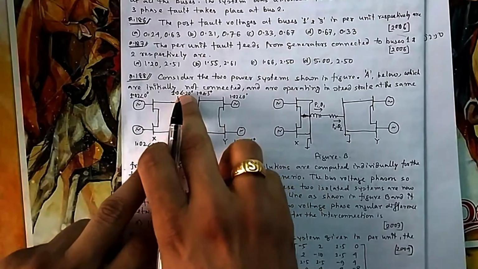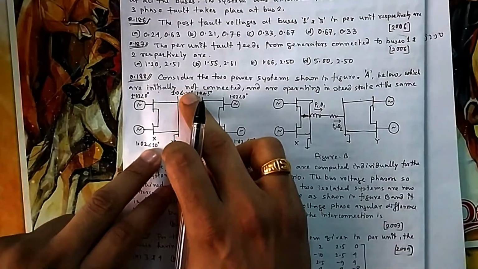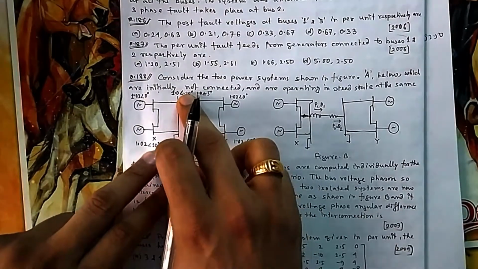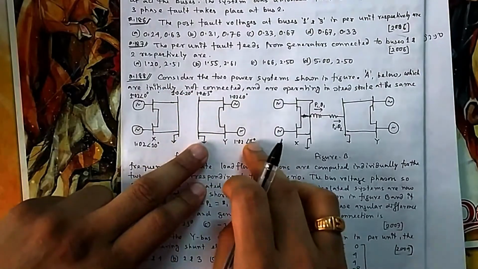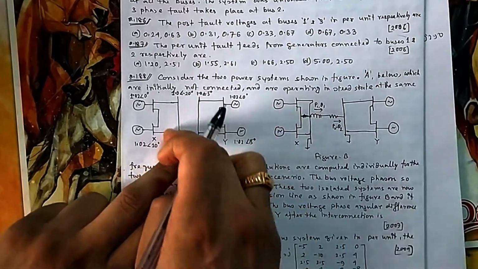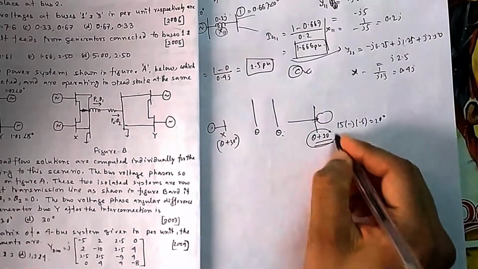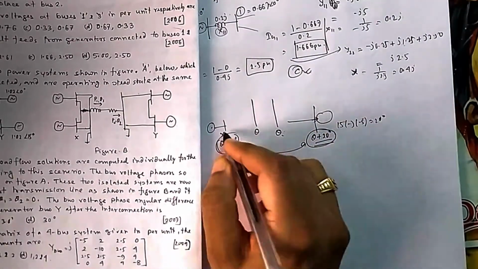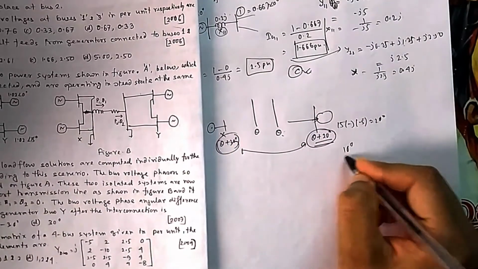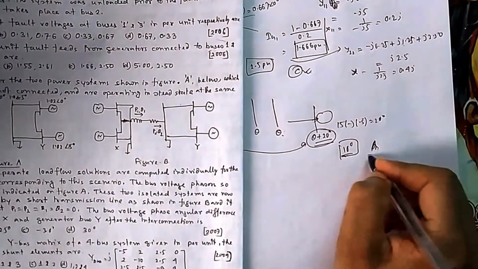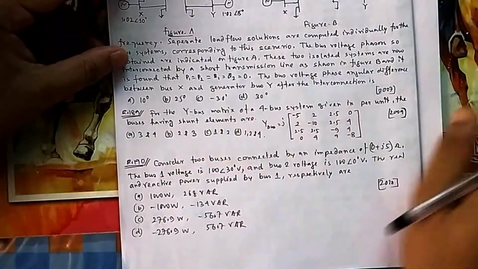Here you can see minus 20, 10. So what is the difference here? 10 minus minus 20, 30. And here 15 minus minus 5, 20. So the difference from this to this should be 30, and from this to this should be 20. So what is the difference between this and this now? Because they are asking the difference between x and y. So it is 10 degrees. That's why this is the answer. That is option A.